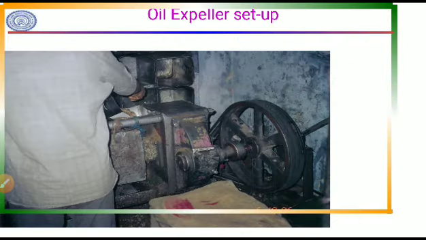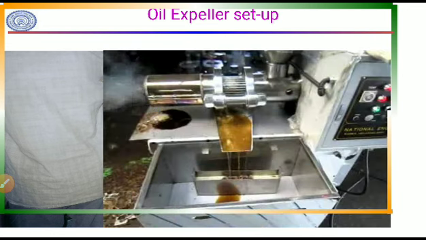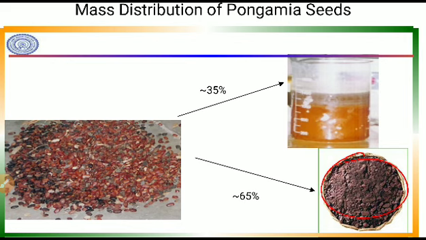Let me learn how it is extracted. Here this is the oil expeller setup. Here you can see we add the Karanja seeds, and in this other picture there is the extraction of the oil. This is the cold press method. This is a machine used for the extraction of the oil from the Karanja seeds. During extraction from the seed, we get about 65% of the crude residue and 35%